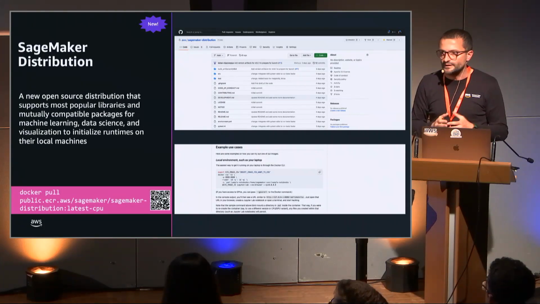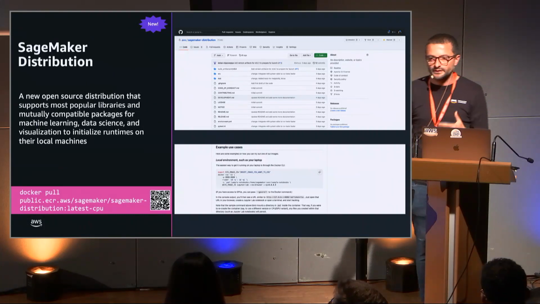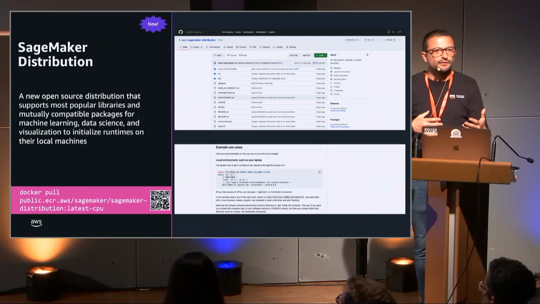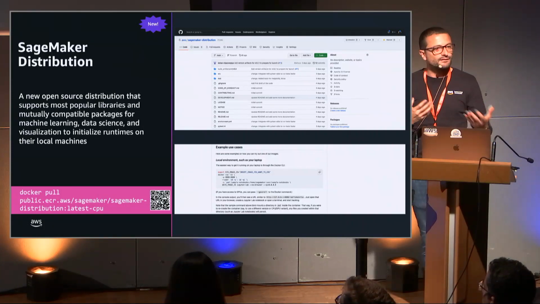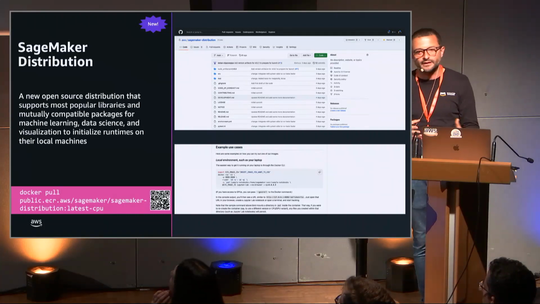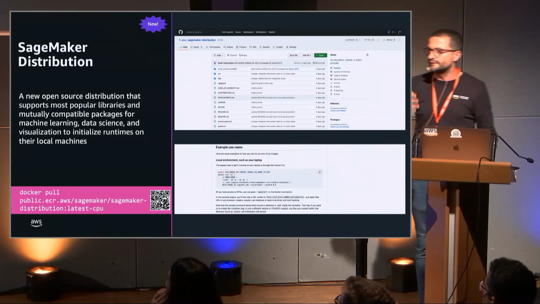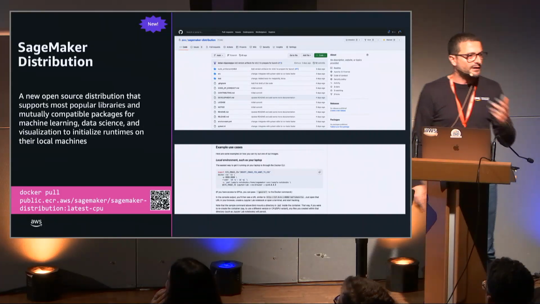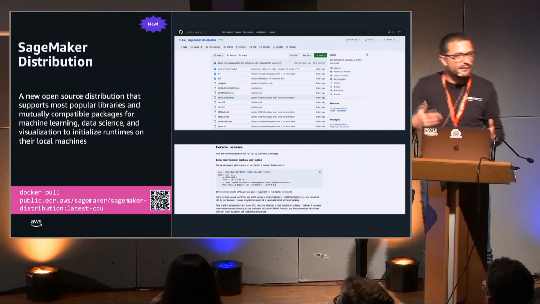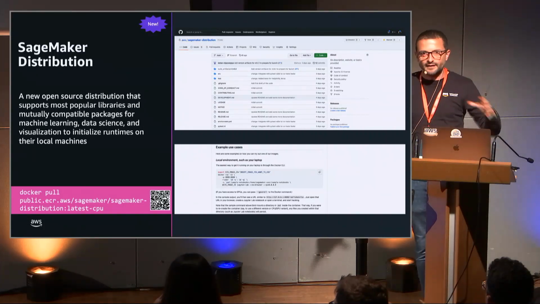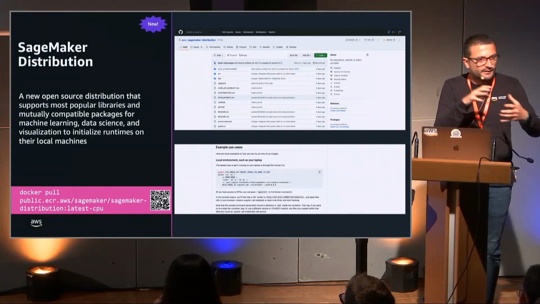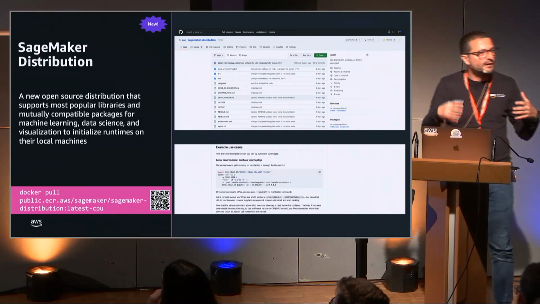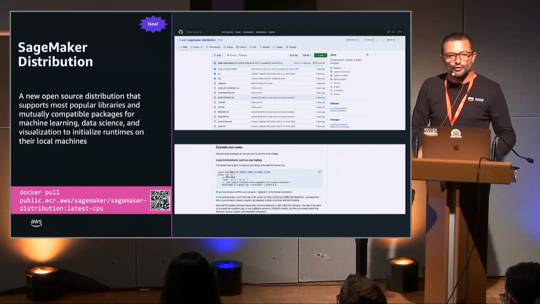Another challenge that we have seen frequently when talking to practitioners is that while experimenting in their notebooks, they typically want to use different libraries, even when coming to machine learning and working with PyTorch, for example, as a framework. Then at some point, I might want to switch to a different library. I want to use TensorFlow. What I need to do is then make sure that I can install this library, make sure that the libraries that I have in my environment are compatible, that I need to manage the compatibility between the various libraries. And well, this is a pretty significant effort to keep in sync, let's say, all the library versions and all